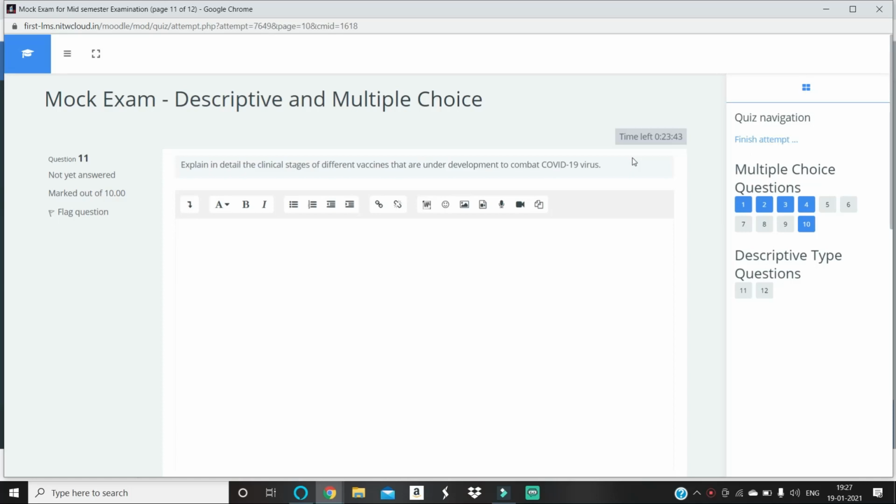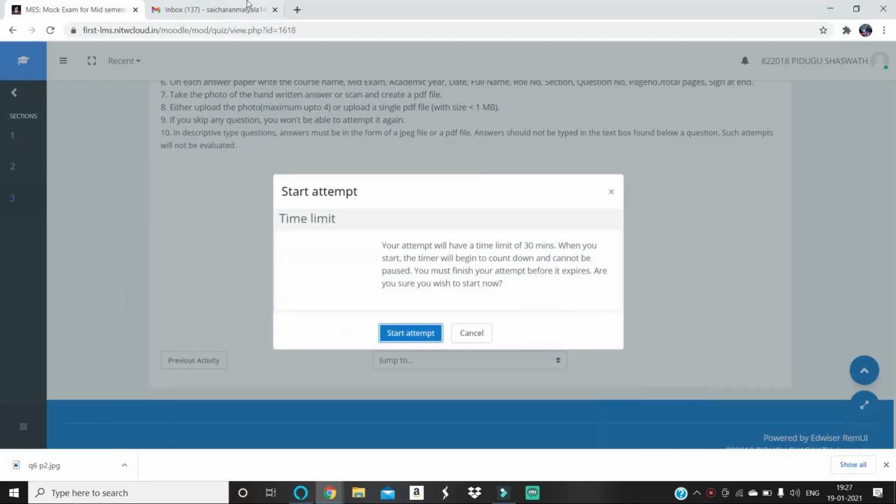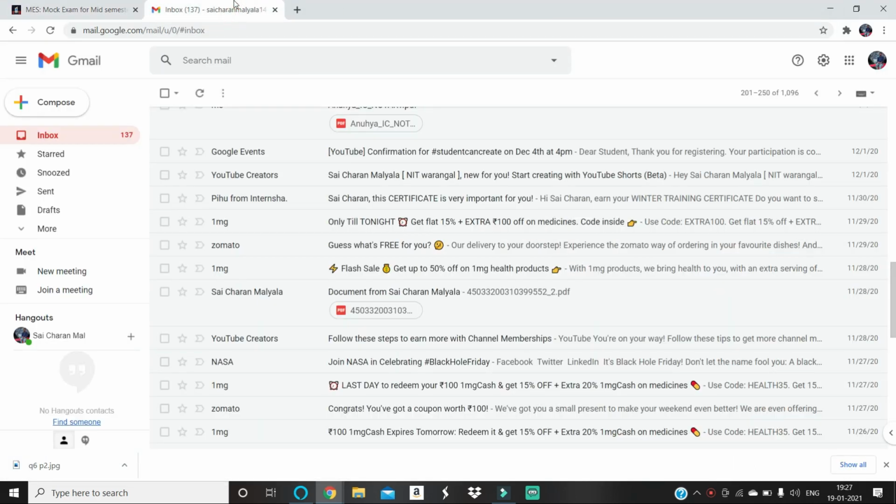In this video, I'm going to show just how to upload an image and how to upload a PDF. So I came to this question I have written in the paper and I sent a mail to my email ID which is there in my laptop. So I downloaded from there. So you can see here I downloaded one image from here.